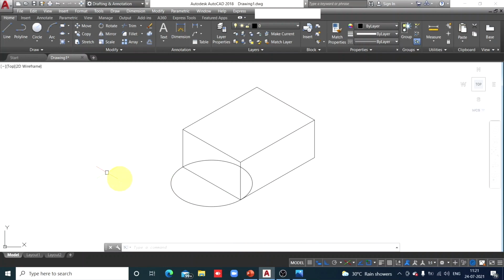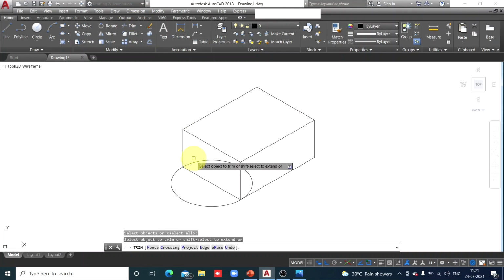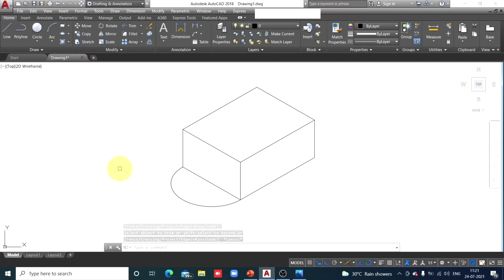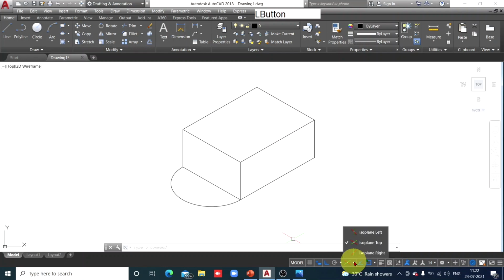So the unnecessary portion we will trim. So trim, enter, and check it. Now this is the base of that semicircular plate. Escape. Now I'll move that base upwards, but check here that crosshair. The height axis is not present here, and we are going to measure height for that semicircular plate. So we'll consider the plane that gives you the height axis. You can choose ISO left or ISO right also. Correct? I'm choosing ISO left.